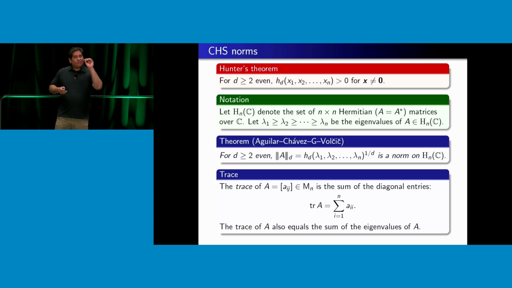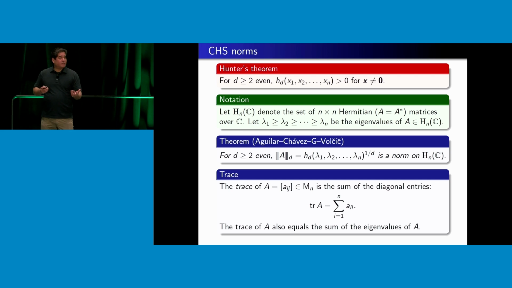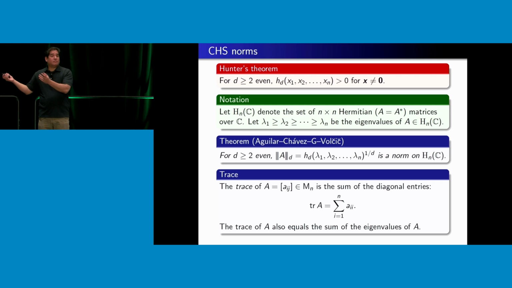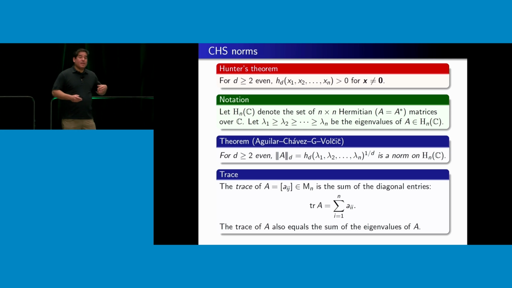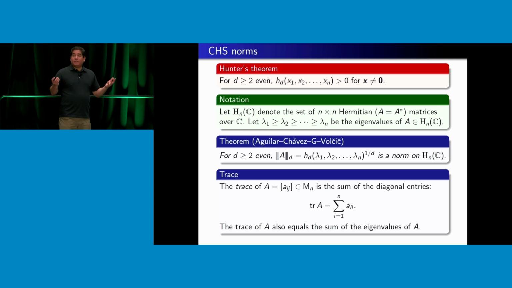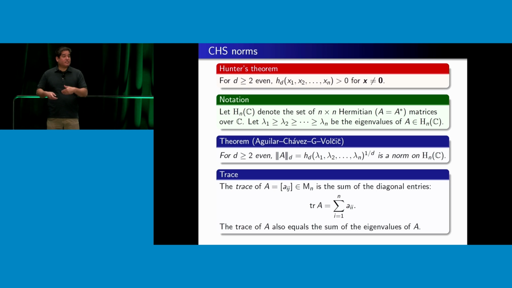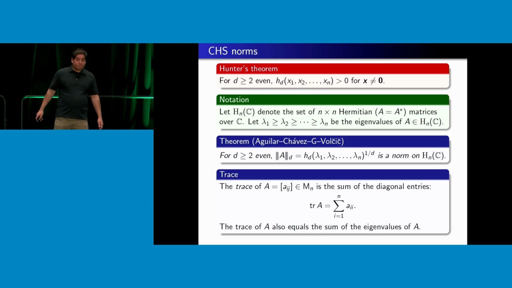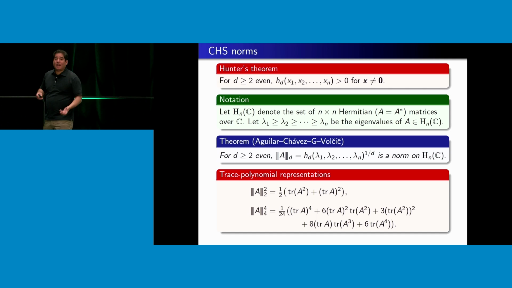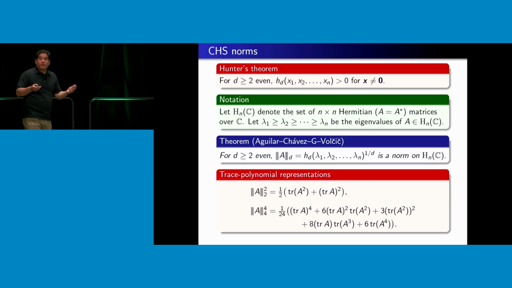So, okay, the CHS polynomials are symmetric functions of the eigenvalues. One of the things you typically do when dealing with symmetric functions is write one symmetric function in terms of the others. There are a lot of symmetric functions out there. The so-called power sum symmetric functions are some of the favorites, and those arise here as traces of powers of A. So you can write all of this as polynomials in traces of powers of your Hermitian matrix A, and you get these weird formulas.